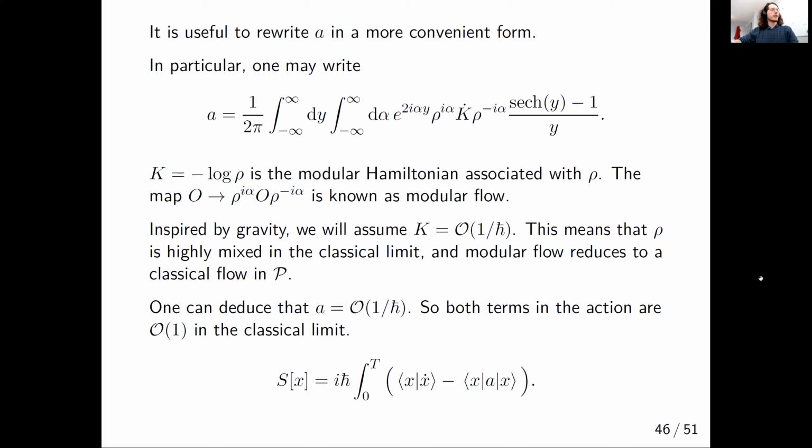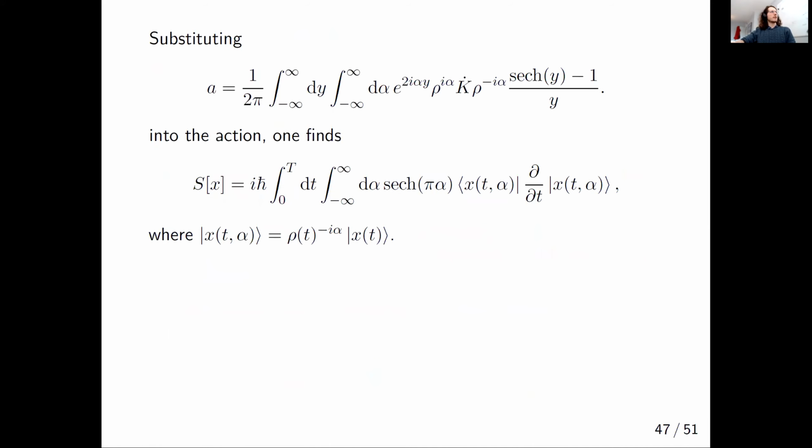So from this scaling, you can deduce that A itself is also order 1 over h bar. So both terms that appeared in this action are order 1 in the classical limit. Now, if we substitute our expression for A into the action and do some manipulations, you find out that the action takes this form,